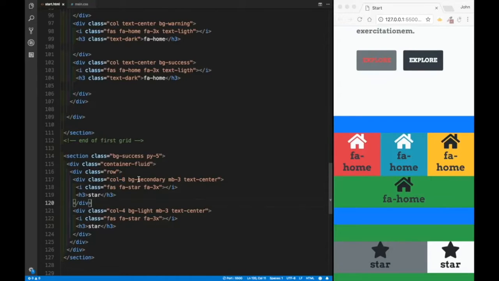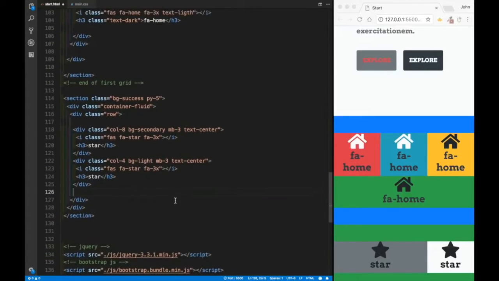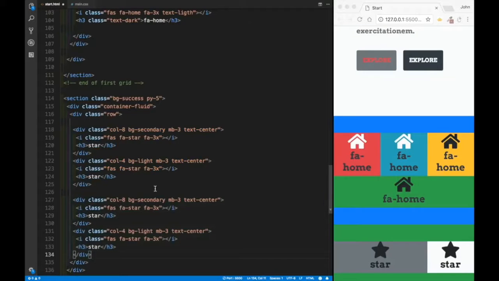Now we're obviously not limited to these numbers. We know that the sum is actually 12, right? So it doesn't matter what we do, we can just keep on dividing by 12, and the sum needs to be that 12. So let's say if I want to create another 2 columns. Now I know that this row is already full. I have 8, and over here I have 4. But what I'm going to do is just copy and paste this,